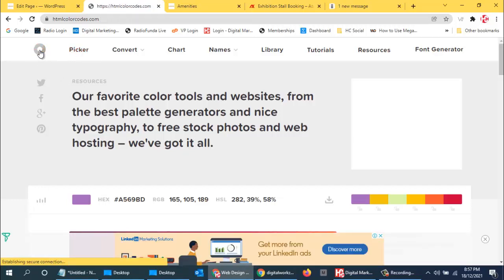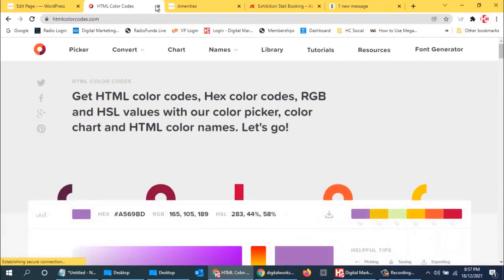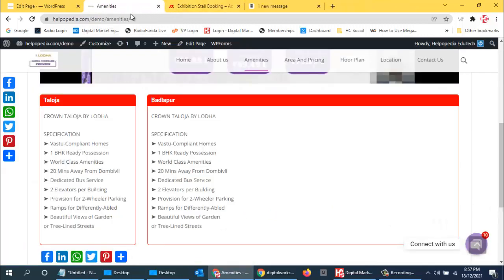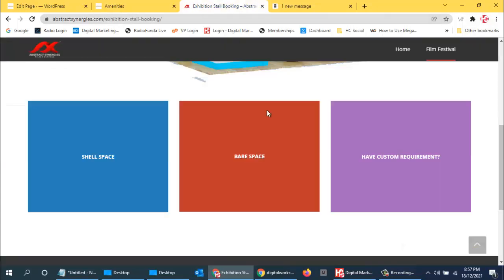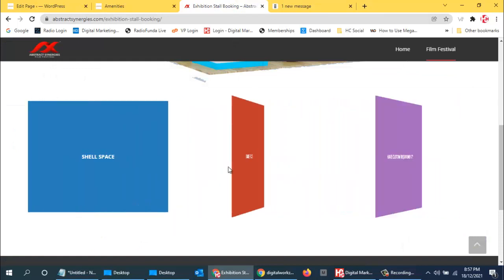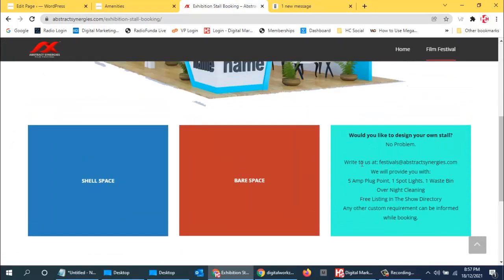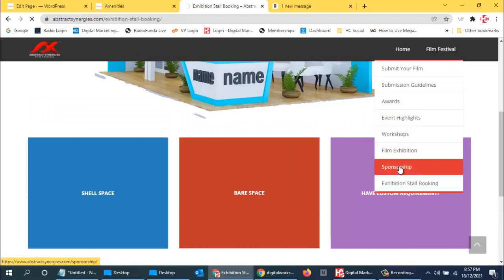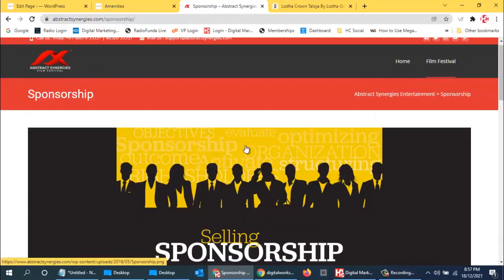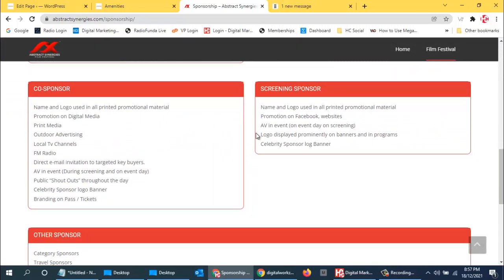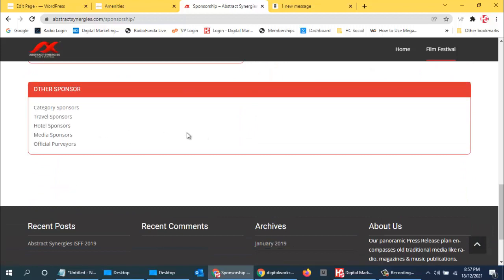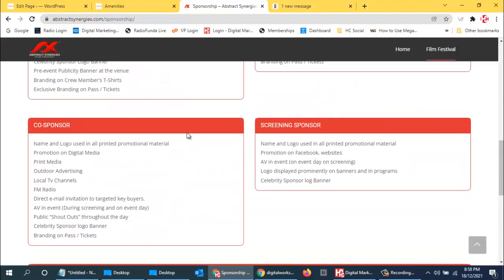So HTML color codes, and this is about your website, how you can use it, you can add content on this, and you can use it. And you can refer to my website also. Over here you can see these options, like clip boxes and panels also. I've created many panels also. So over here you can see the panels. So like this we can have various panels also. See, so this is what I'm talking about. You can use this, so it's a good option.